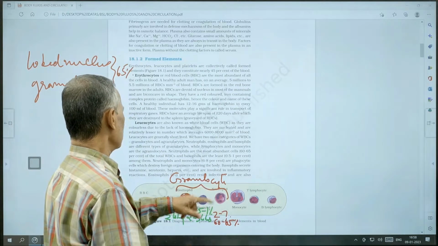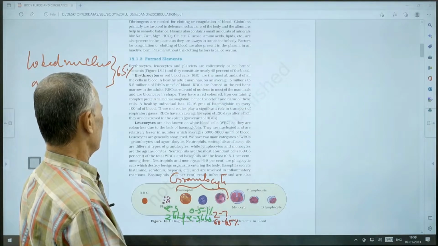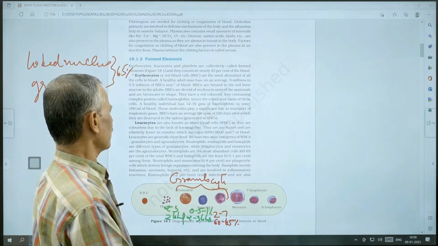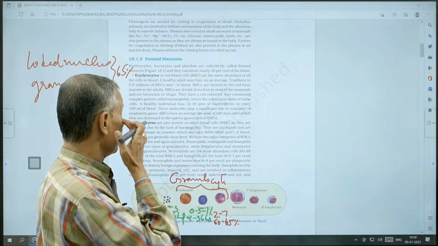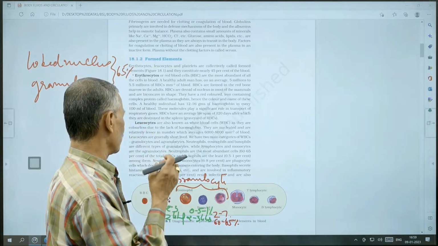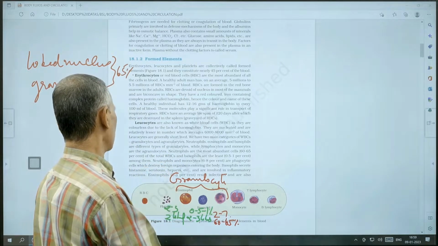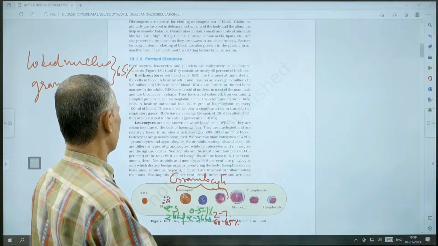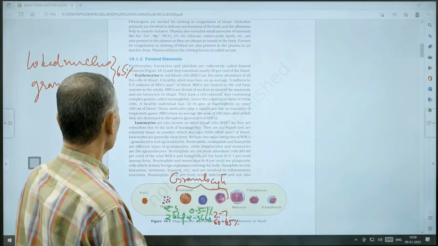Basophils are secretory in function. They produce histamine, serotonin, heparin, etc., which are all highly essential in inflammatory responses. And eosinophils are involved in allergic responses, in allergic actions. So that is about the